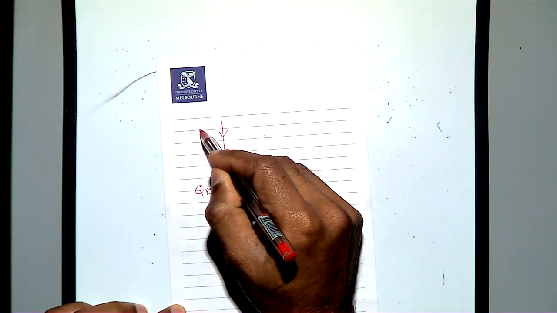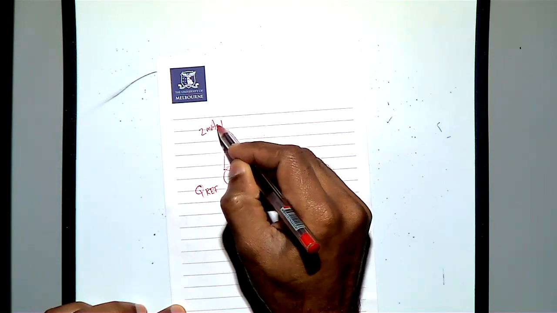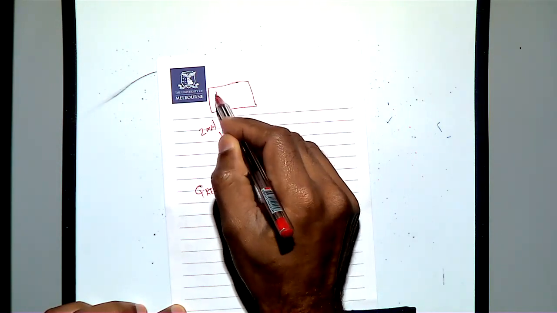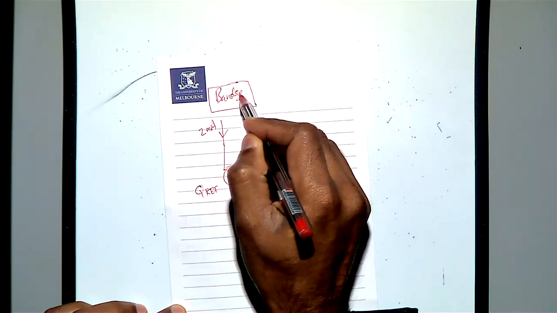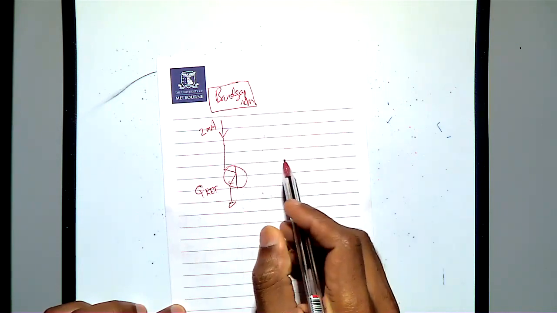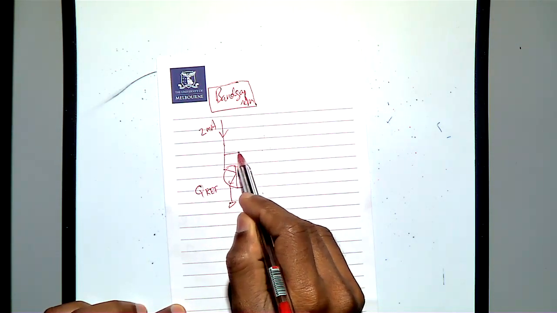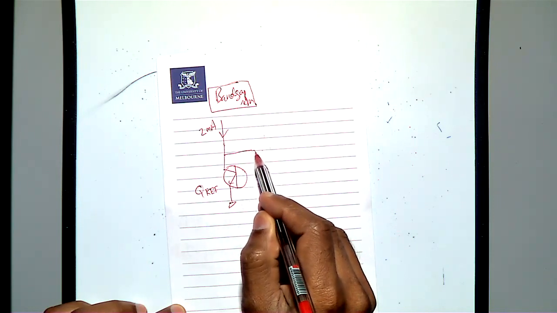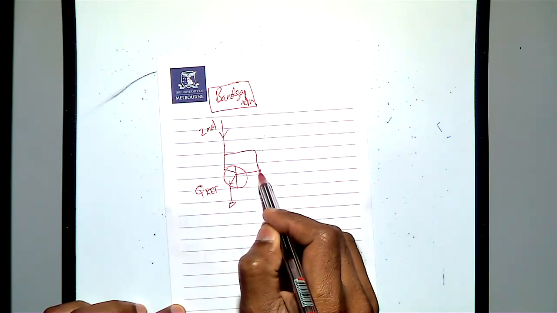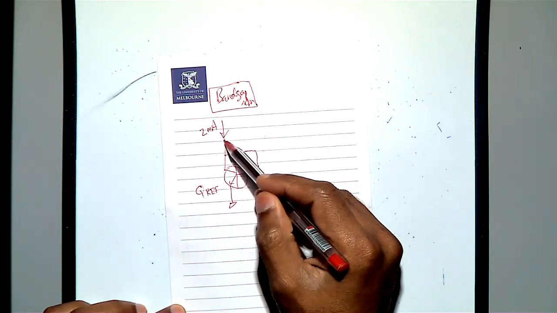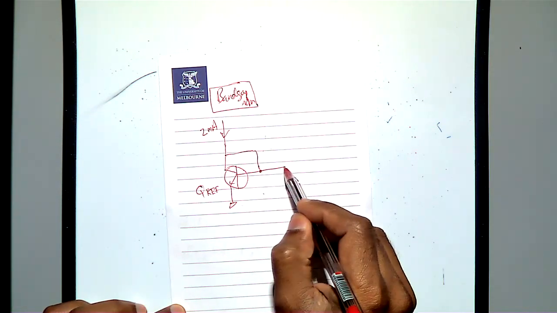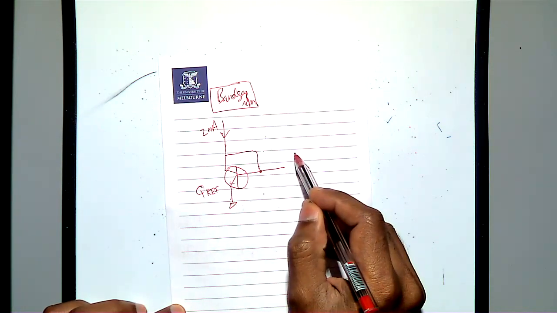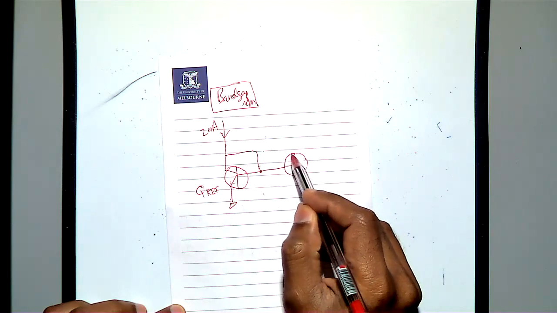Maybe I'm going to take 2 milliamps, coming from the band gap reference. Then we are going to connect this to the base, and this 2 milliamps is coming and we are getting a VB, and then we are connecting another BJT here,